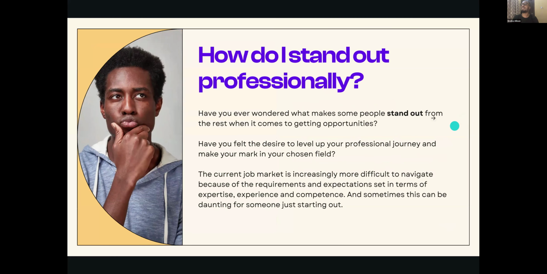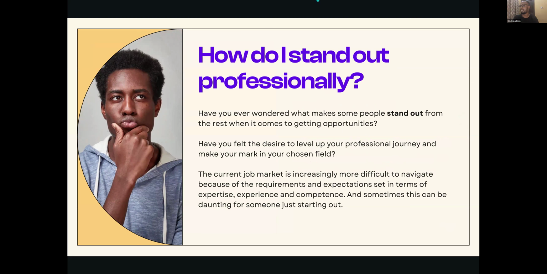One thing we need to do is stand out in the current job market. Most times as techies or as professionals, to really make a mark, to be on demand, to be considered for roles, we need to stand out professionally from other people. Have you ever considered what makes other people stand out when it comes to getting opportunities?